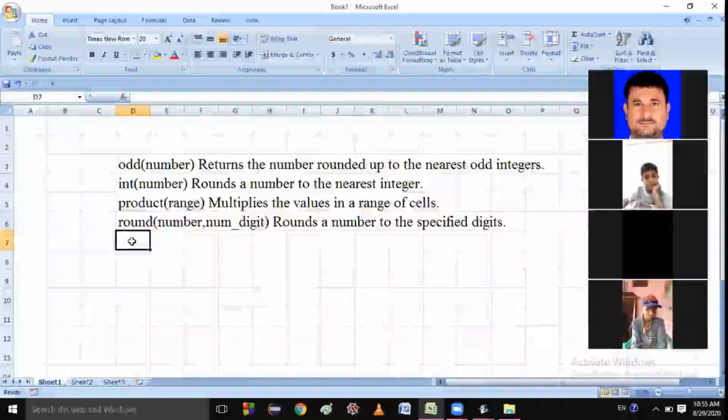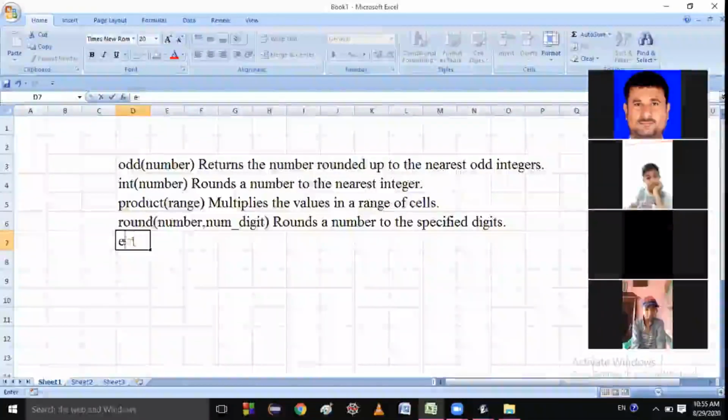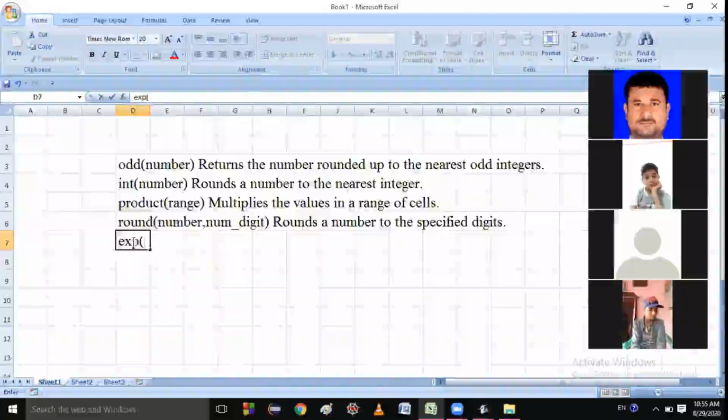Next is the exponent function, EXP, and it will take a number.